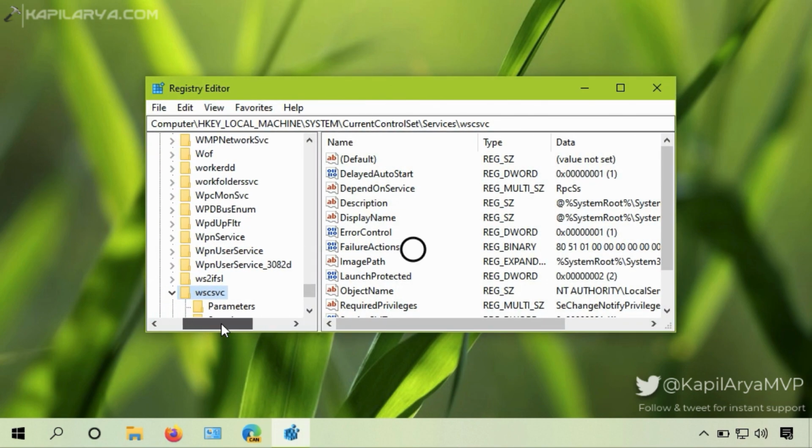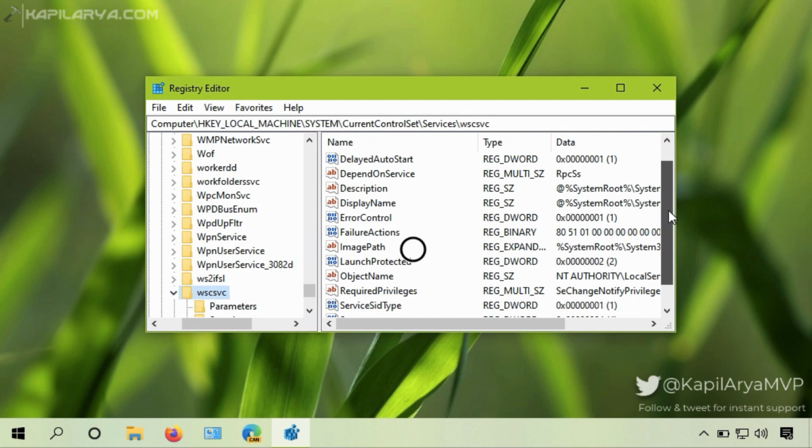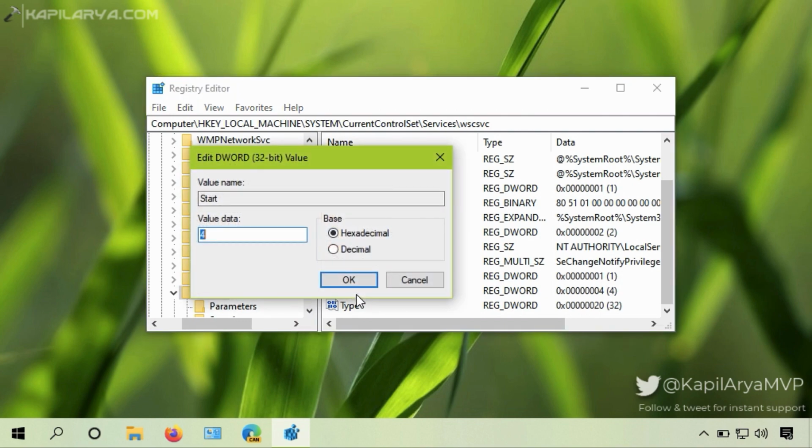In the Registry Editor window, go to HKEY_LOCAL_MACHINE, SYSTEM, CurrentControlSet, Services, WSCSVC, and in the right pane of WSCSVC, you will be able to locate a registry DWORD named Start, which is having its value data set to 4 because you are facing this problem. All you need to do is double click on that registry DWORD and set its value data to 2